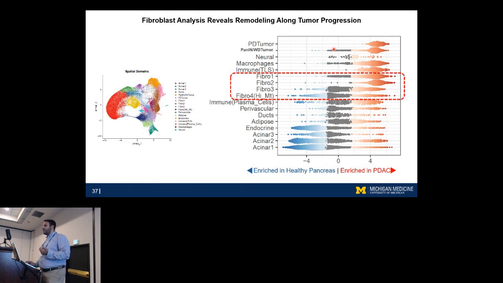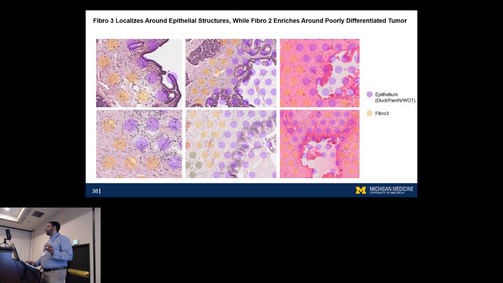So to answer the next question, we need to understand how the fibroblasts remodel as the tumor progresses. So we try to look at the domains where we have enrichment for fibroblasts. And we had fibro1, fibro2, fibro3, and we ignored fibro2 because it seems to be stressed-out cells and of a lower quality. So we can see that fibro3 is actually localized more around, if you look here at